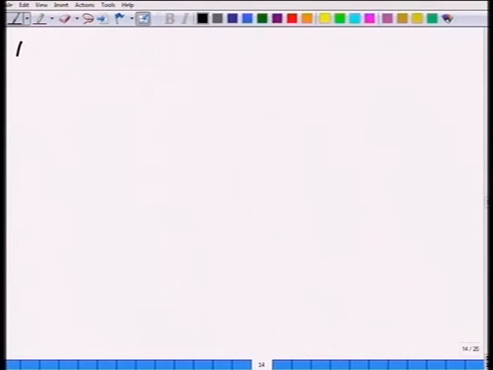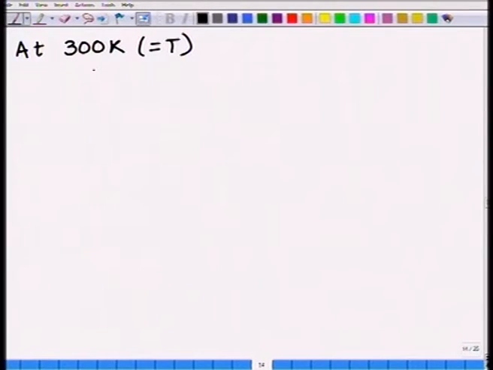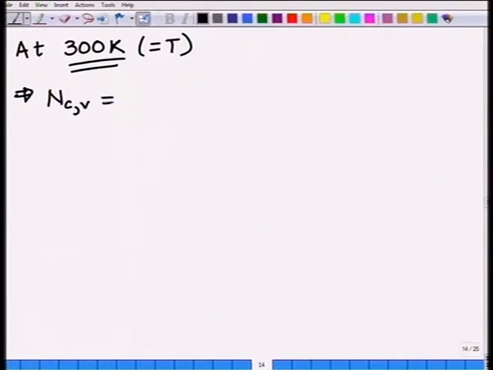So, let us look at 300 K, what happens at 300 Kelvin, which is about room temperature, where T is equal to this quantity. So, what happens to NC and NV? Let us see what this quantity is. First of all we will estimate this, substituting all the values except me and mh, and then what do you get? I am going to simplify this expression as this quantity is equal to